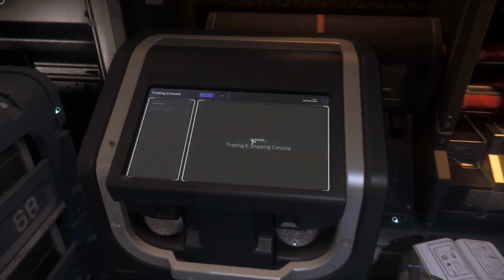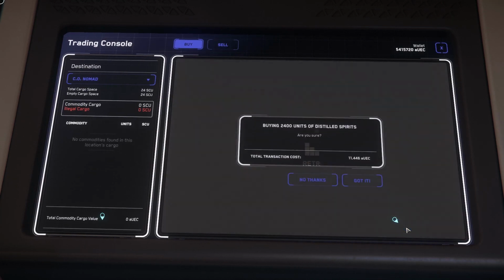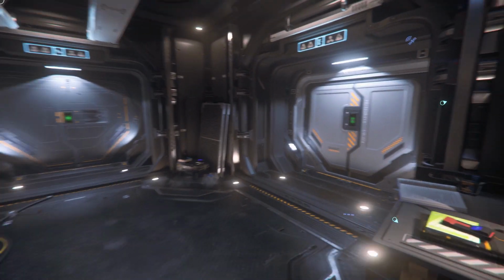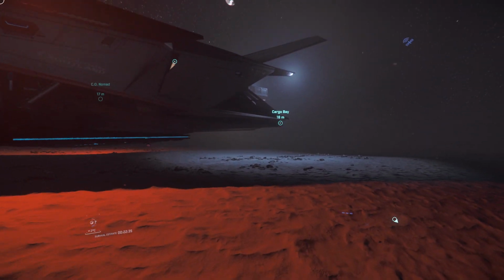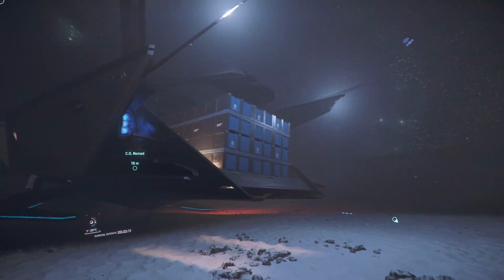Not about profit. We got 24 SCU of spirits. 11,500 or so. Not a whole lot of cargo, but for a cheaper starter ship, that's not bad. Oh, it does. It's actually in here. That's cool. Last few times I've run cargo, there's...